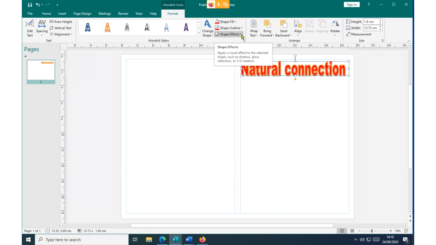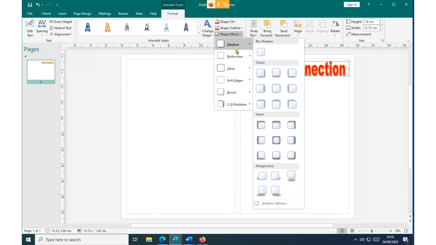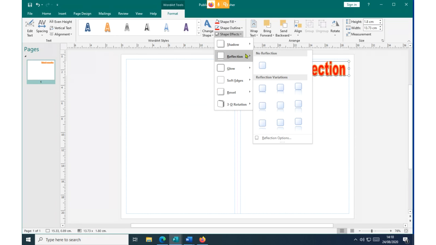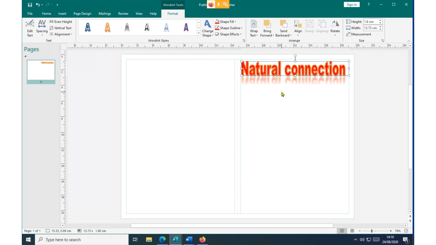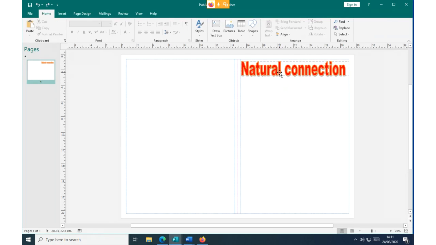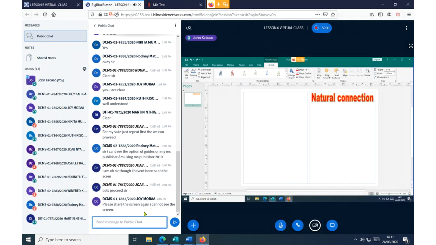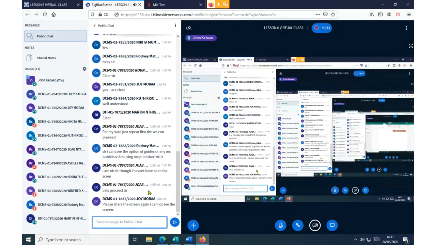And again, the other thing you can change on the word art is the shadow, the reflection, etc. You can pick all those accordingly. But we discourage using so many of them because sometimes the word is not very clear when there's a reflection or a shadow. So it's important for the word art to remain like that. I believe to that level things are okay. You can confirm again that inserting a word art is as simple as that.